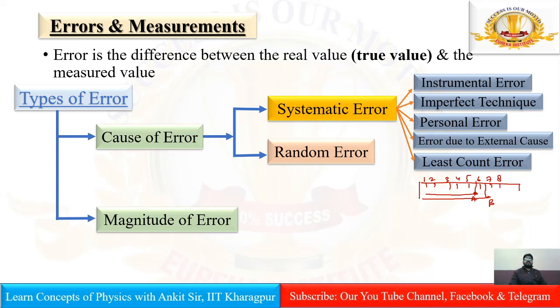And these random errors are the irregular errors. And for these errors, we don't have the sources. We cannot find the sources due to which this error is occurring. For example, let's say we are doing a simple pendulum experiment and we want to calculate the gravitational acceleration value at